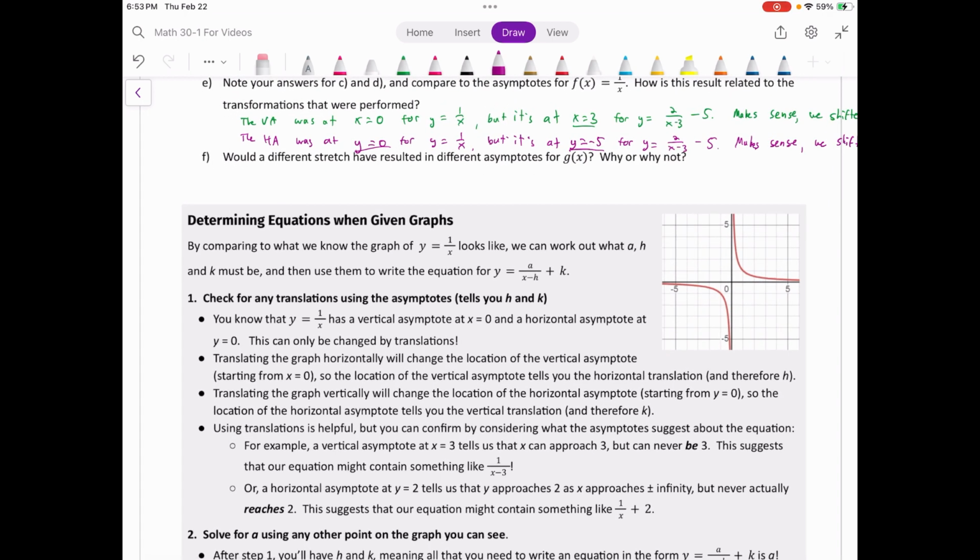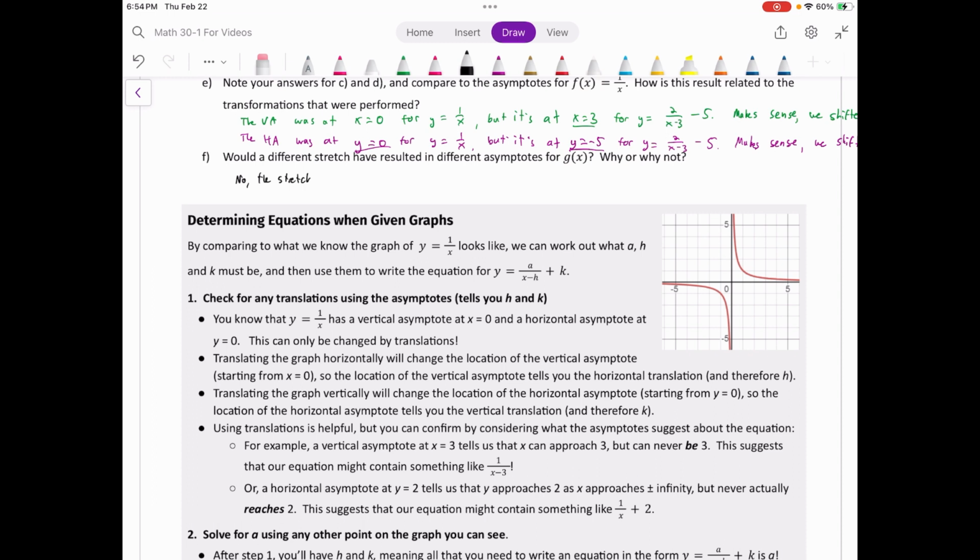Would a different stretch have resulted in different asymptotes for g of x? So if a had been 3 or 4 or 6 or 1 even instead of 2, well, no, right? The stretch always multiplies each y value. And again, our asymptotes are not part of the graph, but what our graphs approach is where the asymptote is. And so if we're multiplying our graphs by some a, that's not going to change that they're approaching 0, right? They're still approaching 0 at those smaller numbers. Only translating can do it. So no,